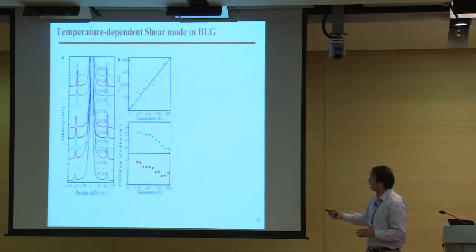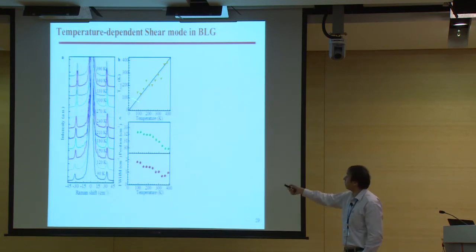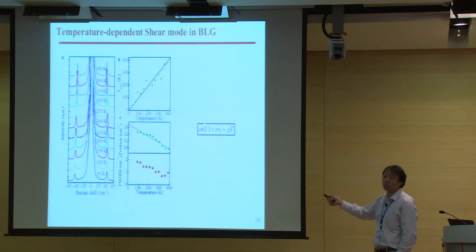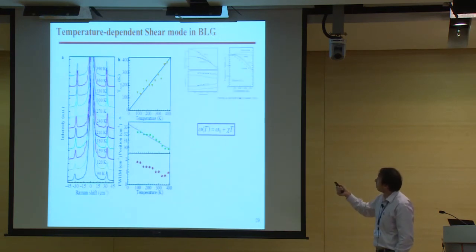the shear mode. As a quick demonstration, we use the temperature-dependent Raman. So we have all these peaks here, Stokes and anti-Stokes. We fit the position of the shear mode and also the line width. And if we use a typical fit, we could get the so-called first order thermal coefficient of this shear mode. But from here, we know for the suspended one or for the graphite, and we believe even for